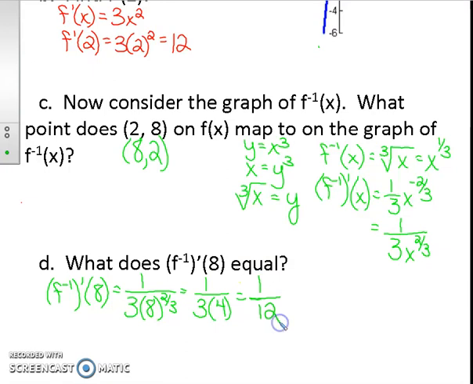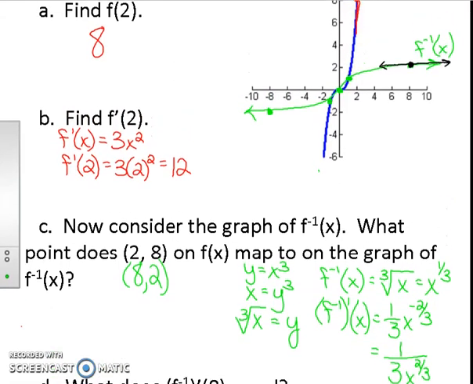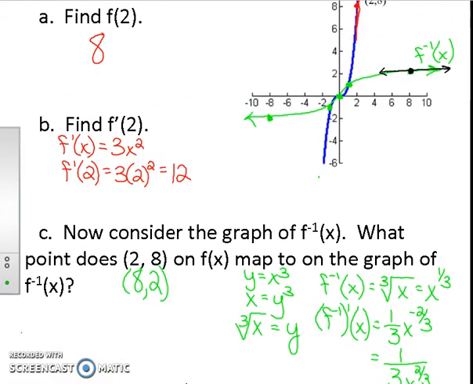So I end up with a value of 1/12. If I go back and look at that black tangent line that I drew here, this black line has a slope of 1/12. That means that for every unit that it rises by 1, it runs over by 12, which is why it would be extremely flat like that and almost horizontal, because 1/12 is such a small number and then a small